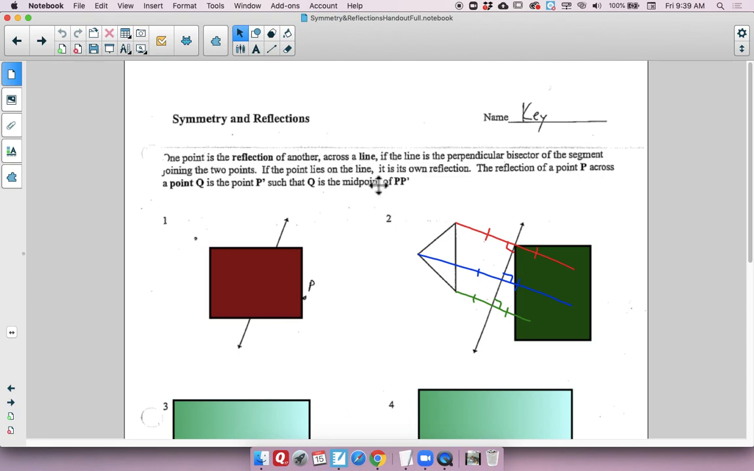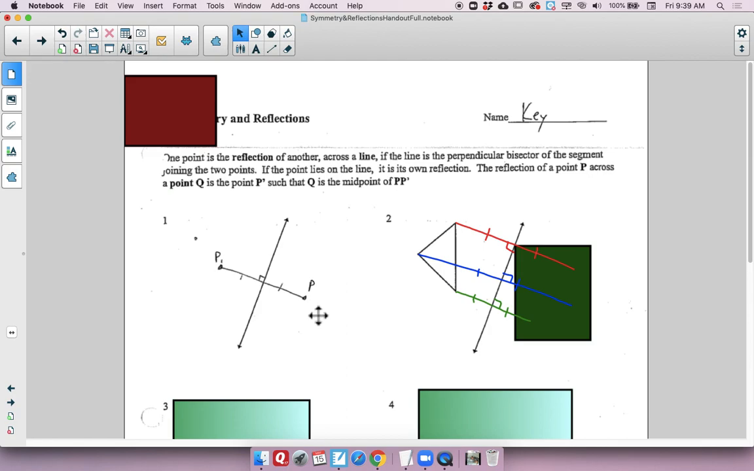The reflection of a point P across a point Q is the point P prime such that Q is the midpoint of P P prime. Okay? So basically what we do is we look here and we say, okay, here's P. If I'm going to reflect it across this line, it's going to be on the other side here, right? So we want to set it up so that P is the endpoint of a segment